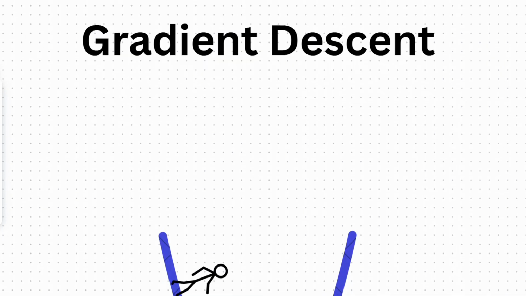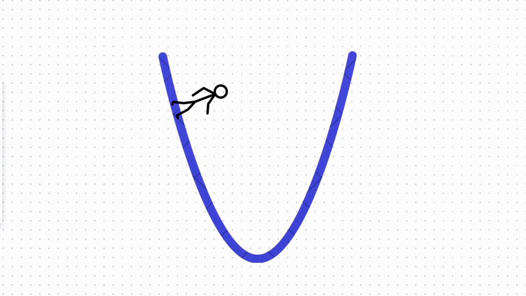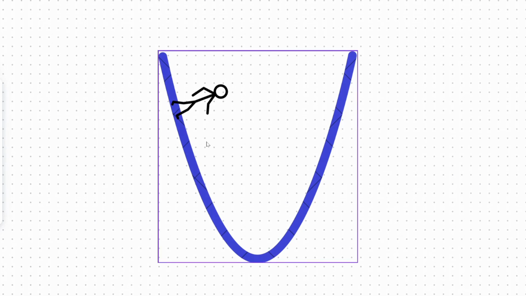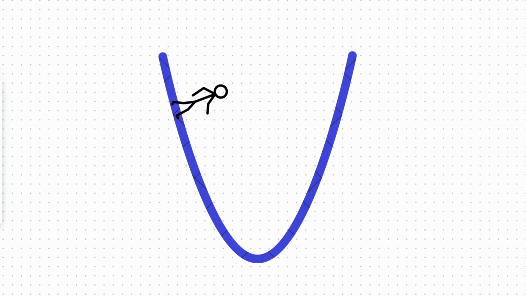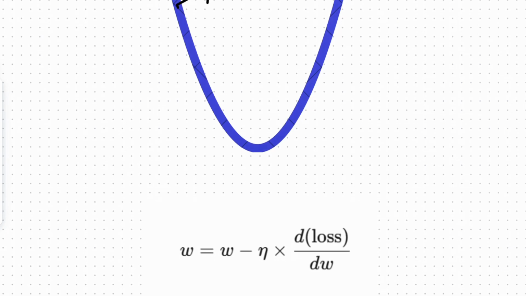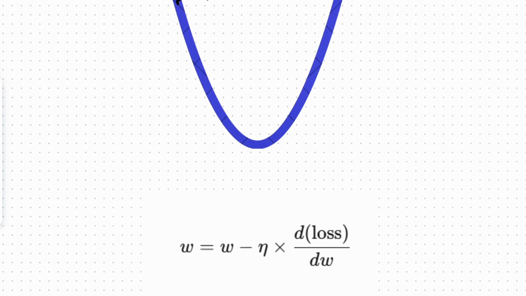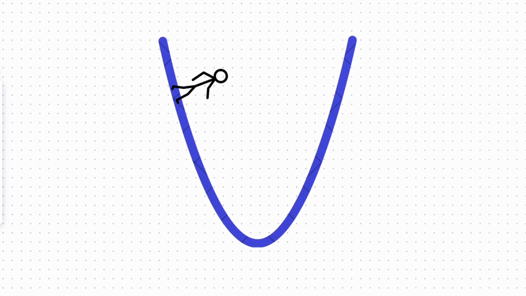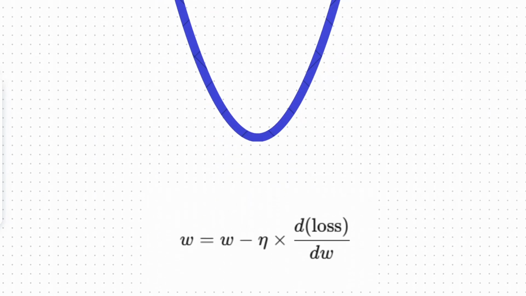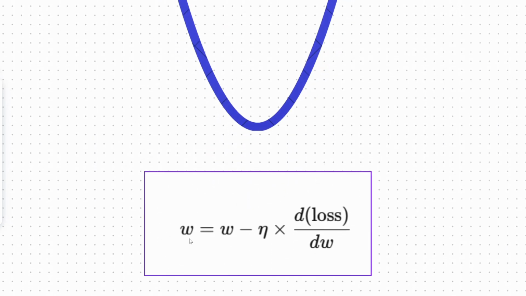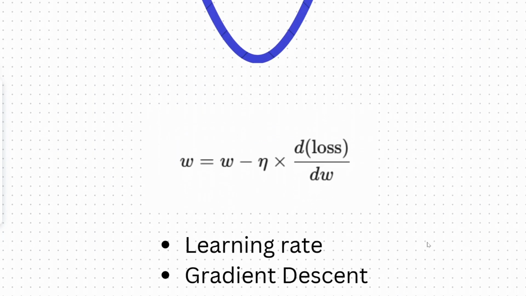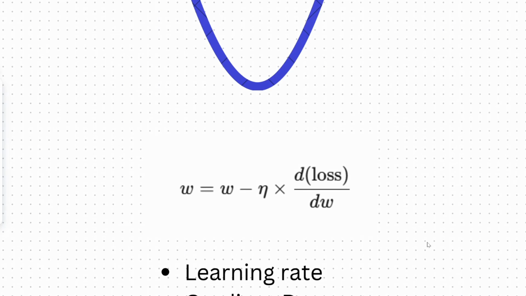What is gradient descent? Gradient descent is a technique that we use in machine learning a lot. Here, what we do is we walk down a function to find its minima. The formula that we use here to find the new minima is: omega new is equal to omega old minus learning rate multiplied by the partial derivative of loss over the partial derivative of weight. Now, this formula is very, very important from a lot of perspectives.